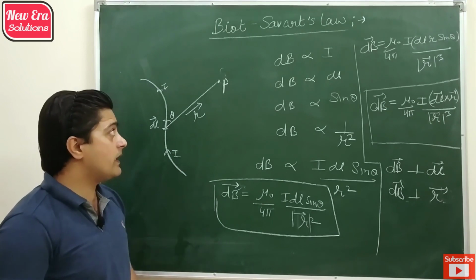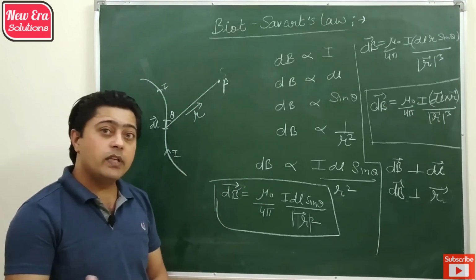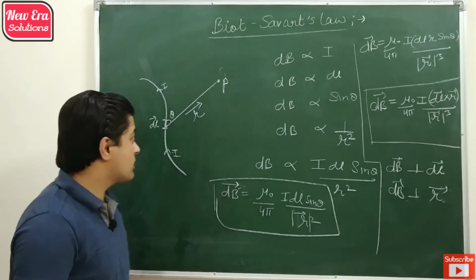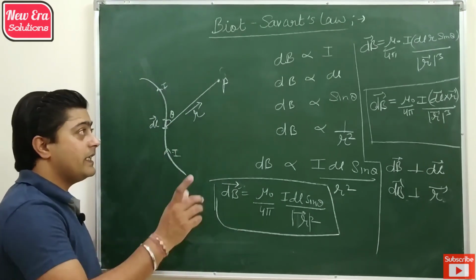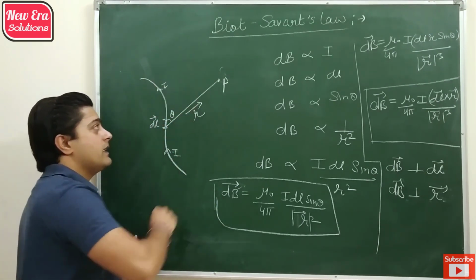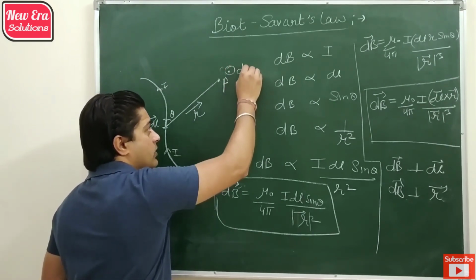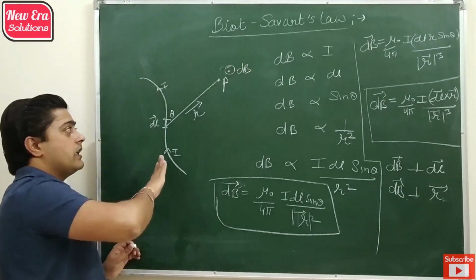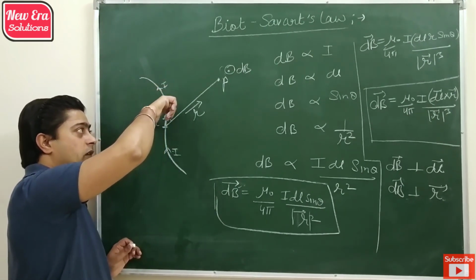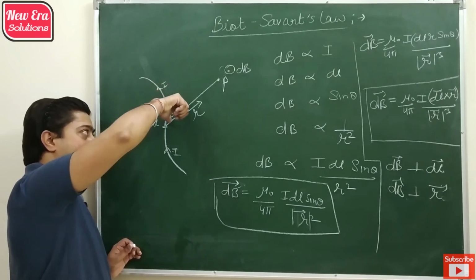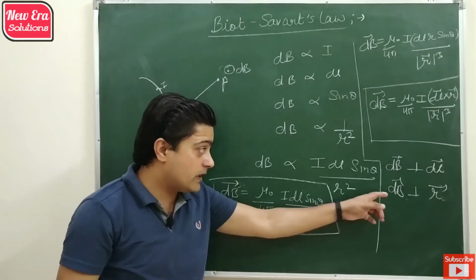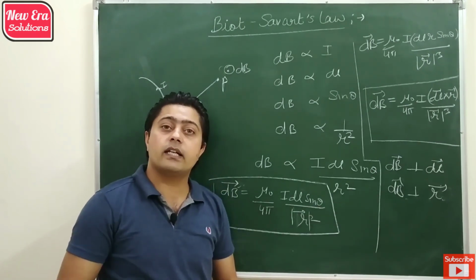And if we want to find the direction of the magnetic field, in that case we can use the right hand palm rule to find the direction of the vector product. That shows the direction of the magnetic field, dl cross r. So it is in the inward direction, because dl is in the direction of current, and to make theta we have to move our fingers towards r and our thumb points downward. So by using the right hand palm rule we can find the direction of the magnetic field for any current element.